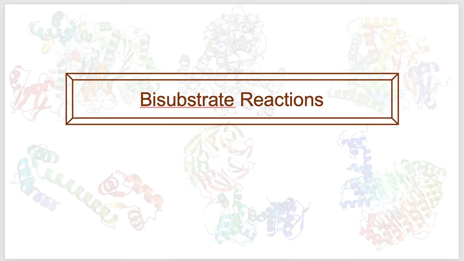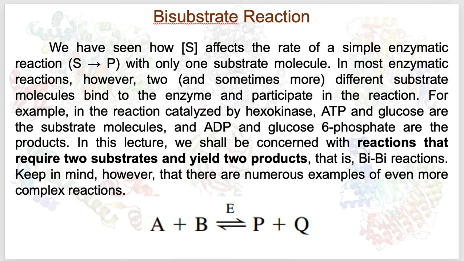Hello everyone, this is lecture 5 and in this lecture we'll learn about bisubstrate reactions. In lecture 4 we have seen how the substrate concentration affects the rate of a simple enzymatic reaction with only one substrate molecule. That means we have learned about the effect of substrate concentration for monosubstrate reactions. However, in most enzymatic reactions, two and sometimes even more different substrate molecules bind to the enzyme and participate in